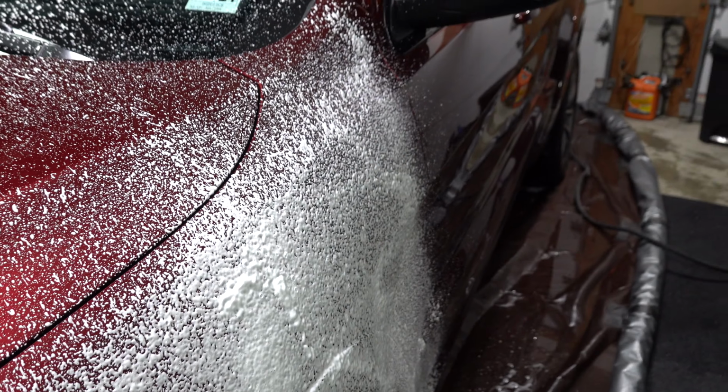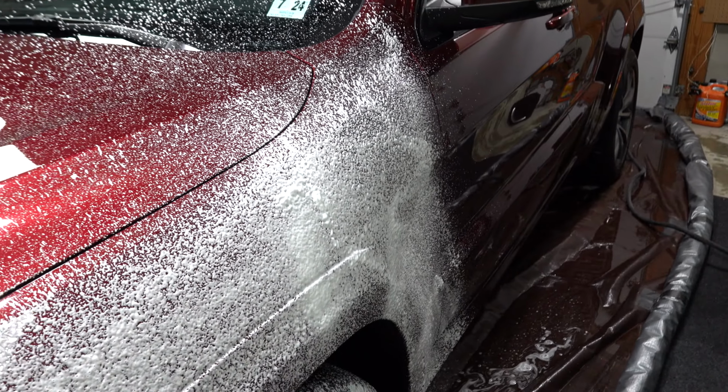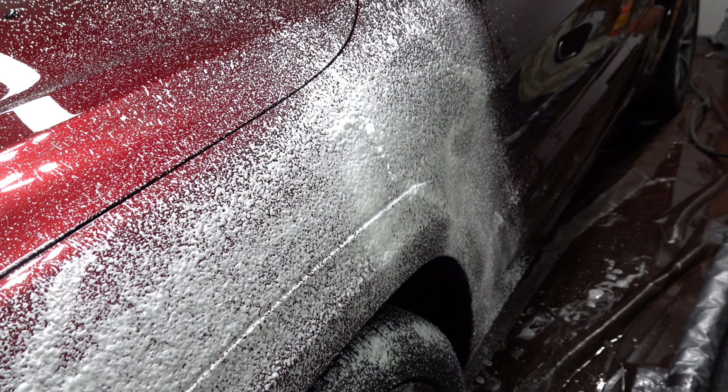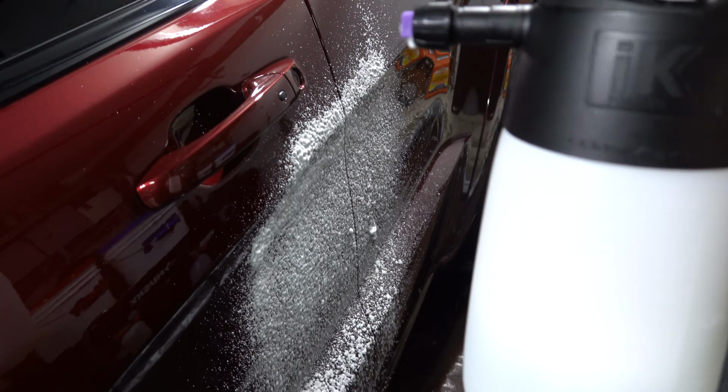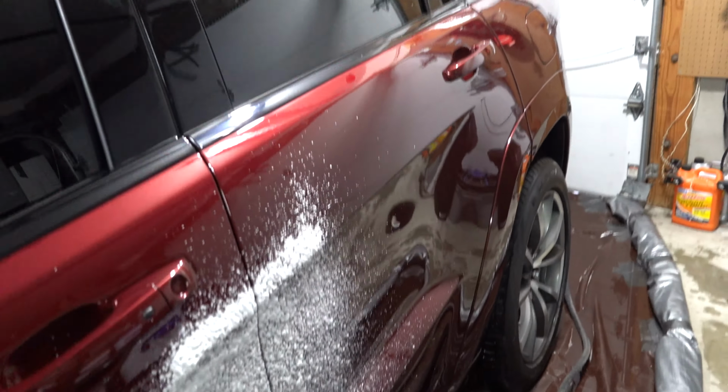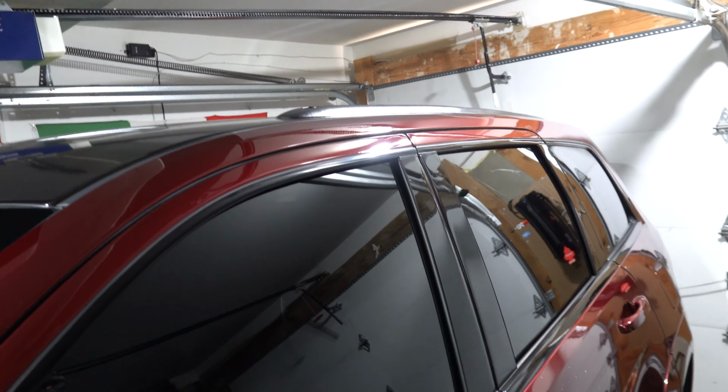I'm gonna do this side of the car. I don't have to worry about temperatures really, and I don't have to worry about the sun. I could foam this and then just do my business. Seeing how good this IK foams makes me even more excited about the Marolix. I ordered that, so that's gonna be awesome. So I'm gonna foam the rest of this, and then when it gets time for the top,